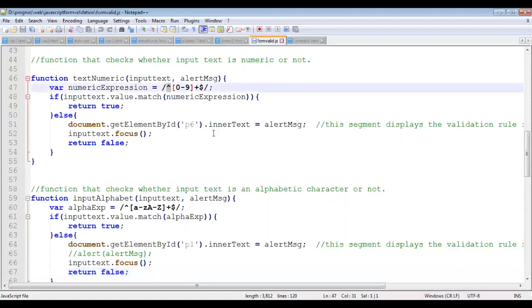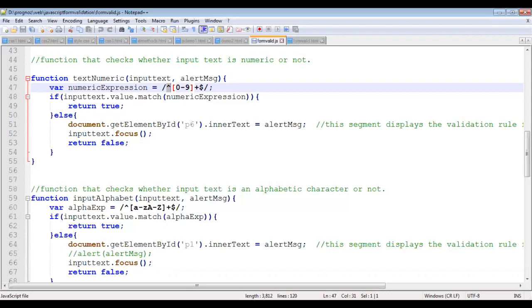So what is the regular expression? This power symbol denotes starts with. Whatever data we have taken must start with what character sequence? Within the square bracket, I have given the character sequence 0 to 9, meaning we are specifying that it should accept only digits. Plus denotes one or more digits, meaning 0 length is not accepted. There should be at least one digit available. And dollar denotes ends with, meaning this expression must end with a digit only.